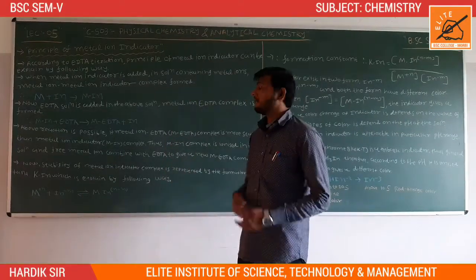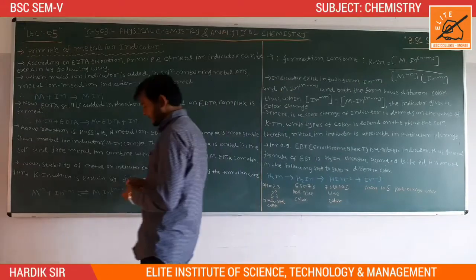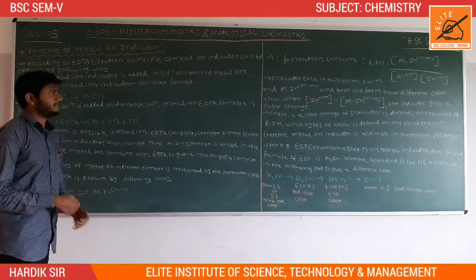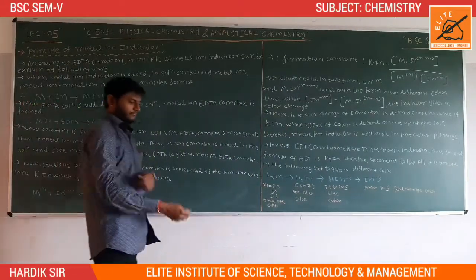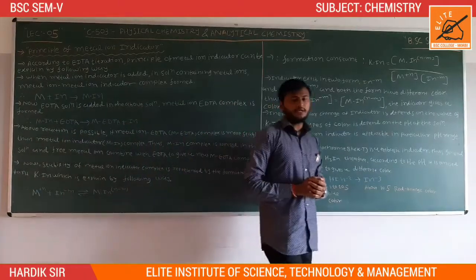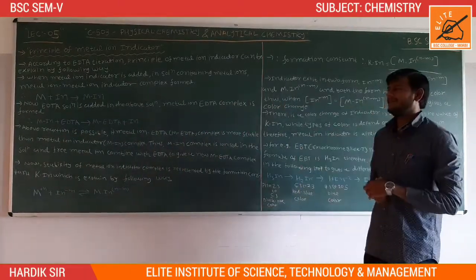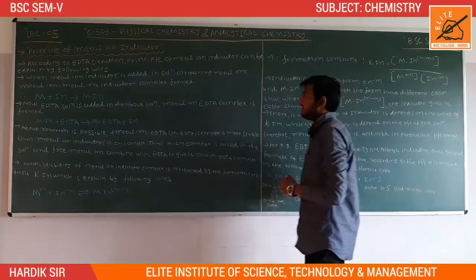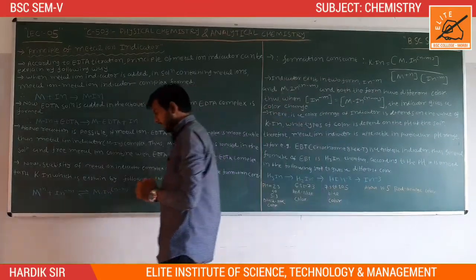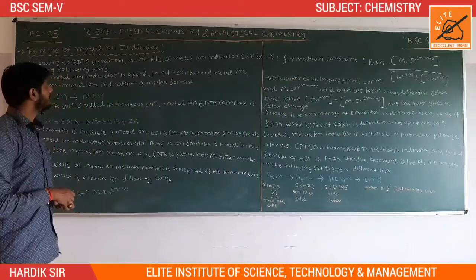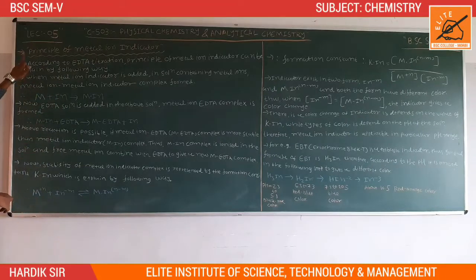This is lecture number 5, subject 503, physical chemistry and analytical chemistry. Now, we have learned about unit number 4, introduction to complexometric titration. And today we will learn about the principle of metal ion indicator. The theory is the principle of metal ion indicator. So now we have learned about the metal ion indicator,